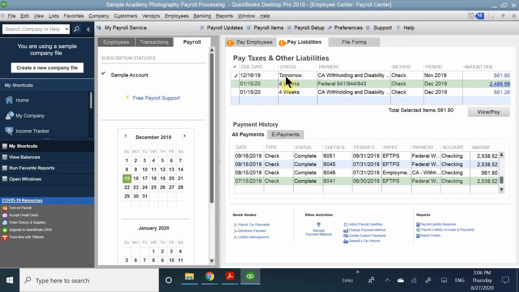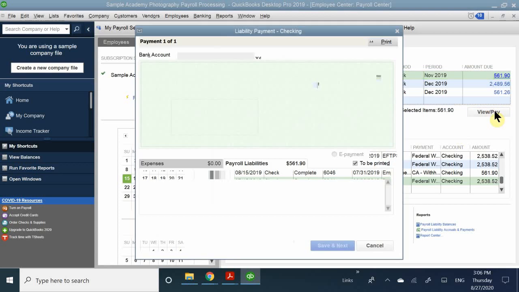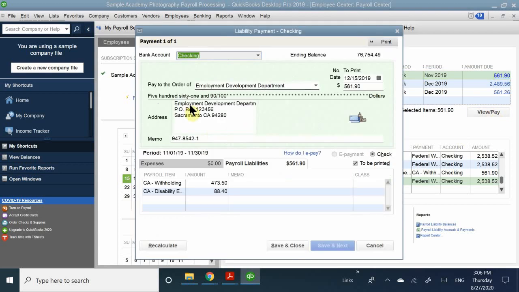So I'm going to pay this one off, because we only paid the ETPS. Same thing. Now this time we're paying the Employment Development Department, so the EDD. We're going to verify this amount. And I'm going to go ahead and click,